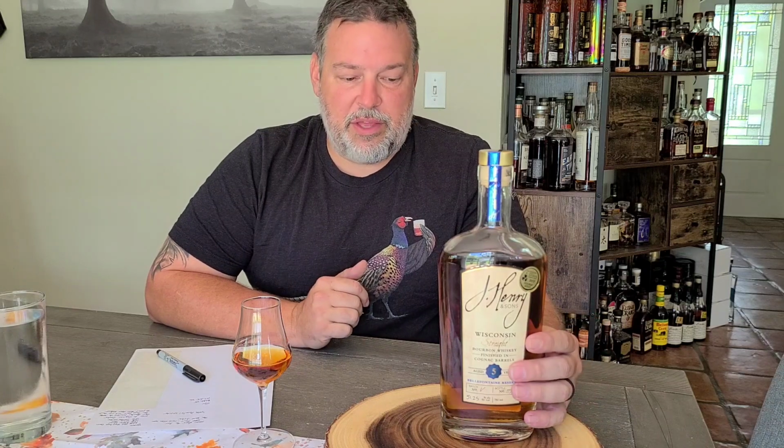It says produced by and bottled by the Henry Farms Prairie Spirits, and this is coming from the J. Henry and Sons farm, but nowhere does it say that they distilled it. So I did a little digging. They are probably contract distilling this through 45th Parallel Spirits. They're using their own recipe, a very unique barrel situation, and a very unique mash bill. Nowhere on this bottle does it tell you that this is a 4-grain whiskey, which is just such a